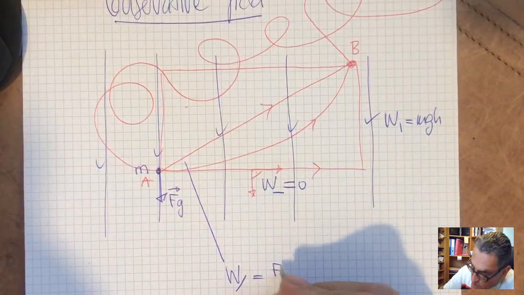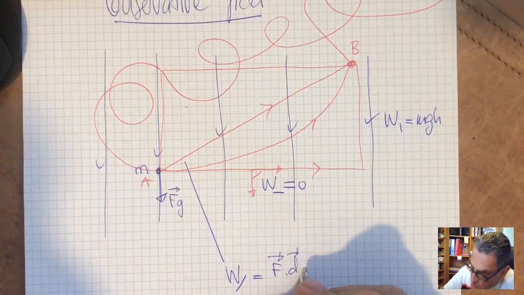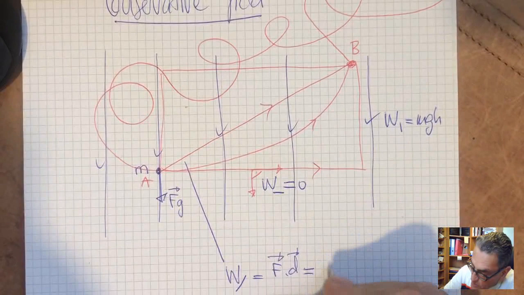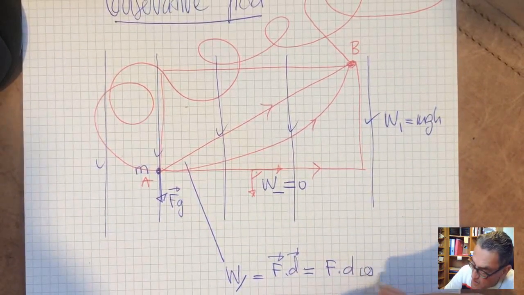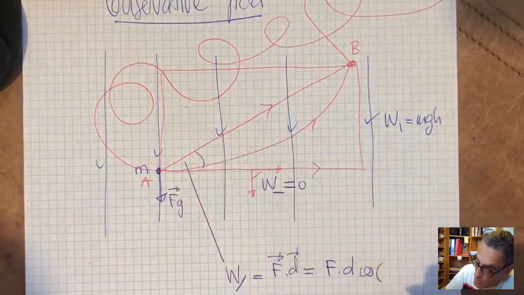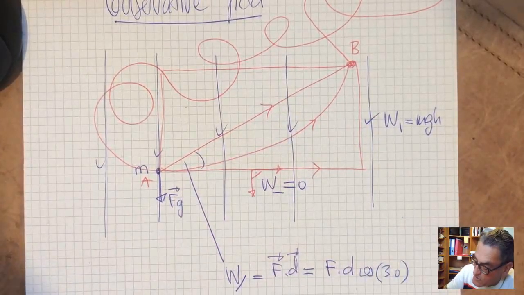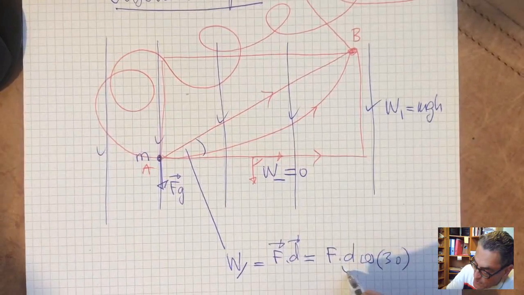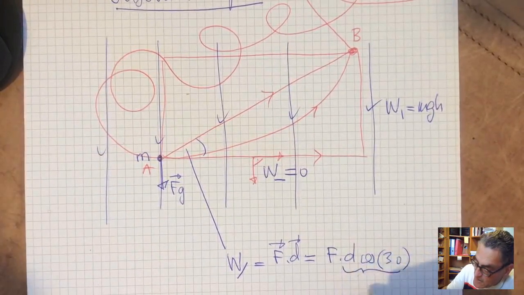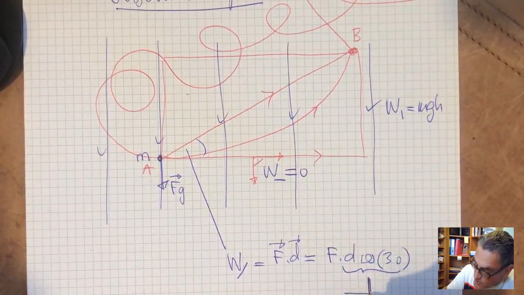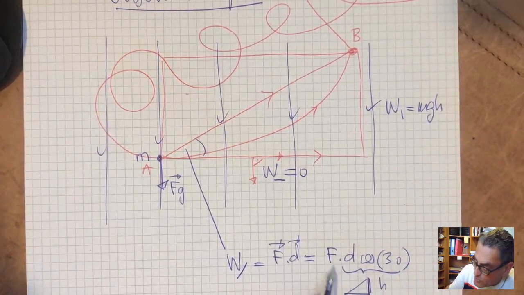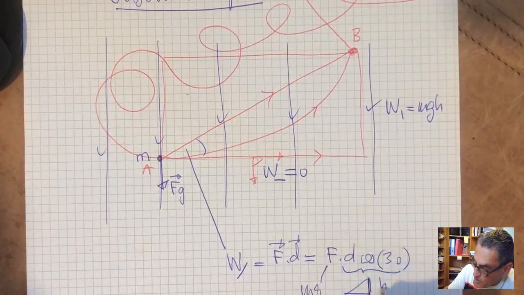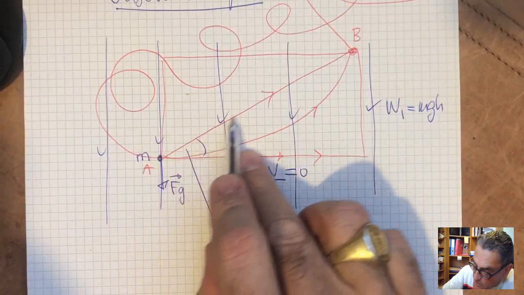The work here will be the force times the distance, scalar product, which is the value of the force, the value of the distance, times the cosine of the angle, and here maybe the angle is 30 degrees. So actually, this gives you the vertical projection, and this gives h. So you have the force which is mg times h,